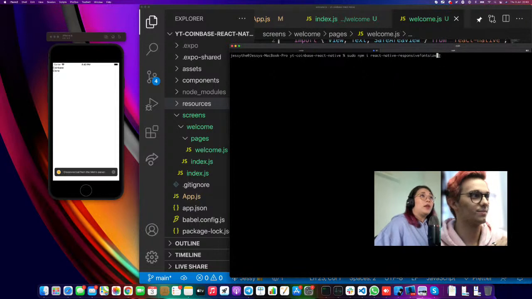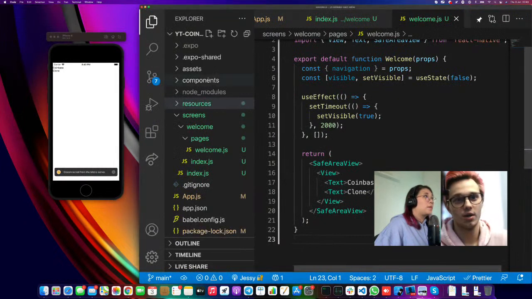That's okay. So guys, you don't have to do sudo. I don't think that was a previous thing I had before, but npm i react-native-responsive-fontsize. Okay, now this looks better. Yeah. Okay. So while we let that install, if you want to head back over to our resources folder,